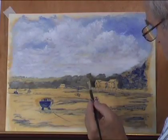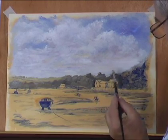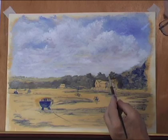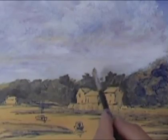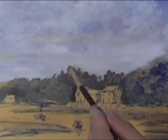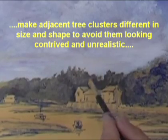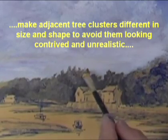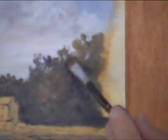Once you start to let the brush dance around, you can see very quickly and very easily, just by using the rough bristles of the brush, how you can simulate the tops of trees. Now I've done that bigger like that because I ended up with three similar sized tree clusters there by accident, and I didn't want that because it looks too regular and contrived. When you see it in this close-up, you can see it really is just marks. It's when you stand back from the picture that the eye tells itself that it's really